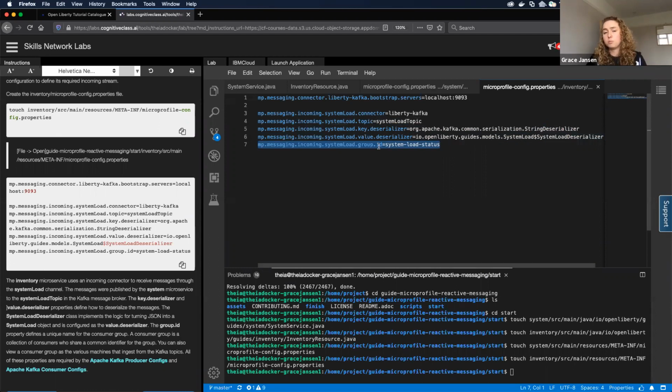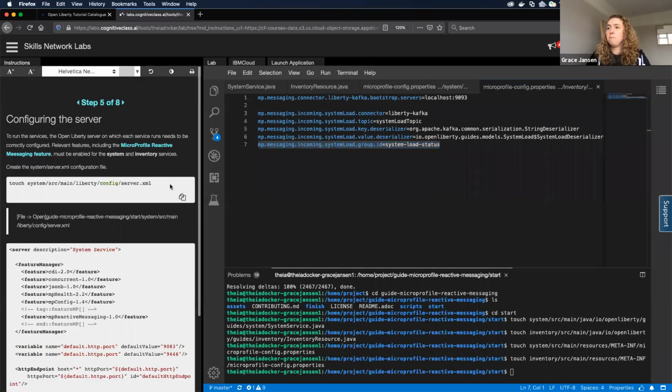Consumer groups is a concept within Kafka that enables you to have multiple consumers consuming from the same topic without having clashes in terms of reading the same record, for example. So having this group ID allows us to form a consumer group when we're consuming from Kafka. In this case, we're only running one instance of the inventory microservice, so there's no one else in our group. But if we wanted to run multiple instances of it, then they'd all become part of that consumer group, so they wouldn't interrupt each other reading or duplicate the same record when reading from Kafka, which is really helpful.